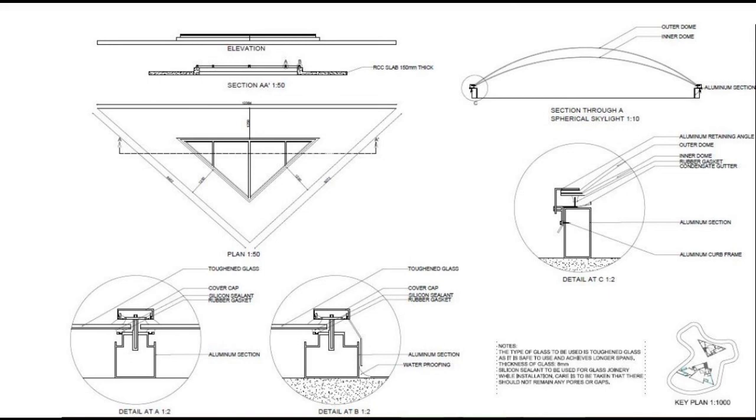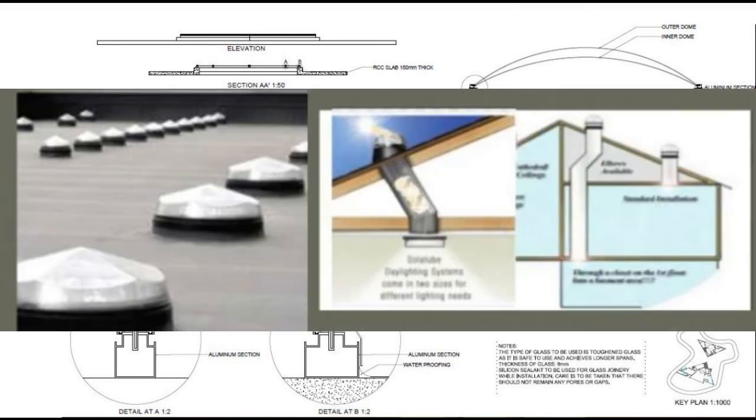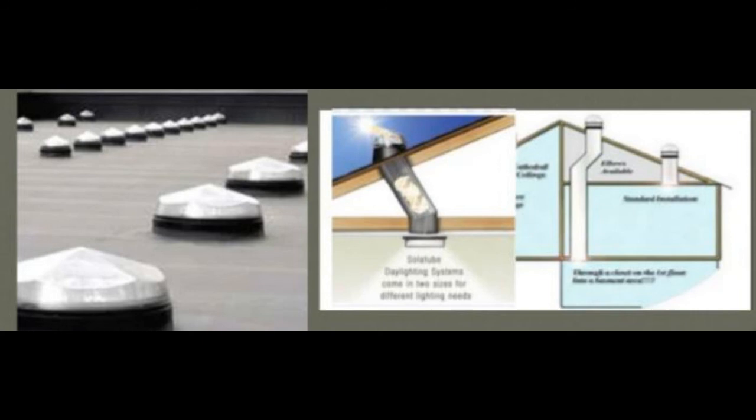Then if we see further inventions in skylights, there are green skylights which are Energy Star. Then we have custom skylights for specific forms or shapes. Then there are barrel vault systems. There are tubular skylights. Tubular ones are more affordable, and they are a high performance lighting solution that brings daylight into the interior. They are sometimes also called sun tubes or sun tunnels, or light tunnels at times.